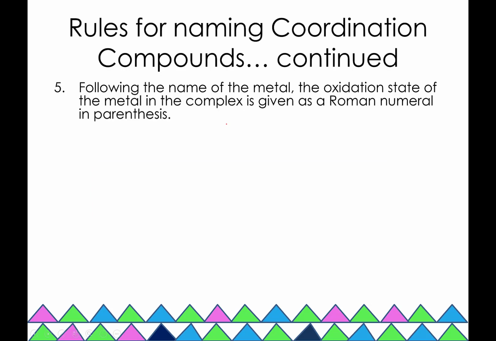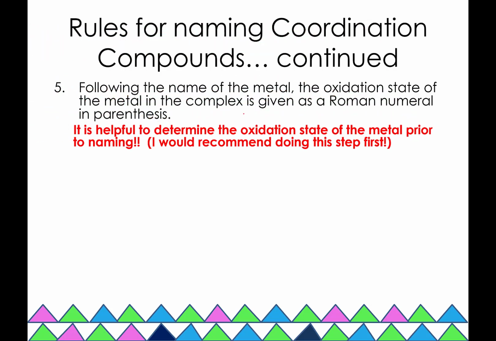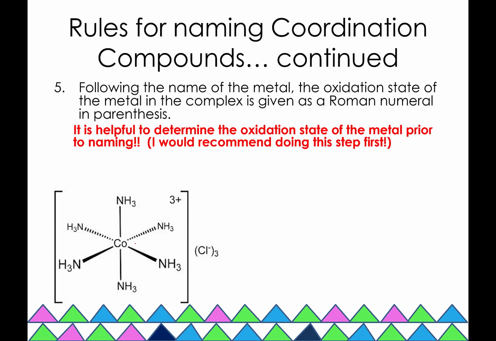The last thing you do in the name of the compound is the oxidation state of the metal is given as a Roman numeral in parentheses. But I like to determine this first, even though it's the last thing that we include in the name. It's just a helpful thing to do before you start naming the entire compound. Cobalt. Now the overall charge is +3. All of these ammonias or amine ligands are neutral. So this is cobalt 3+. We've got 6 amines, so hexa,